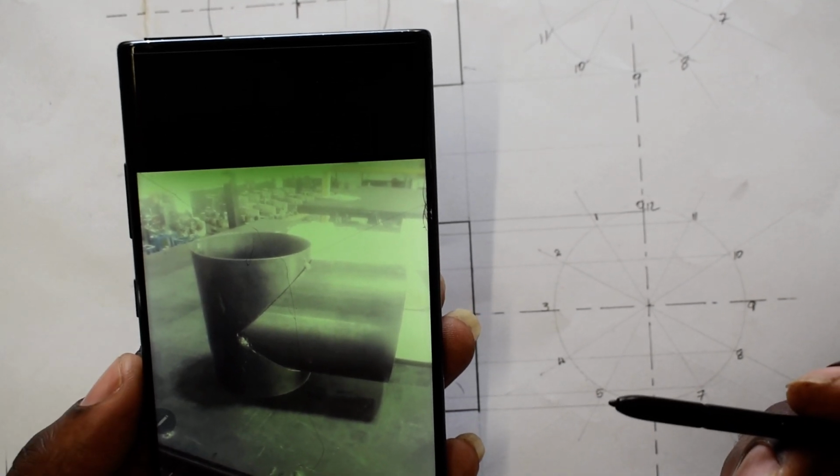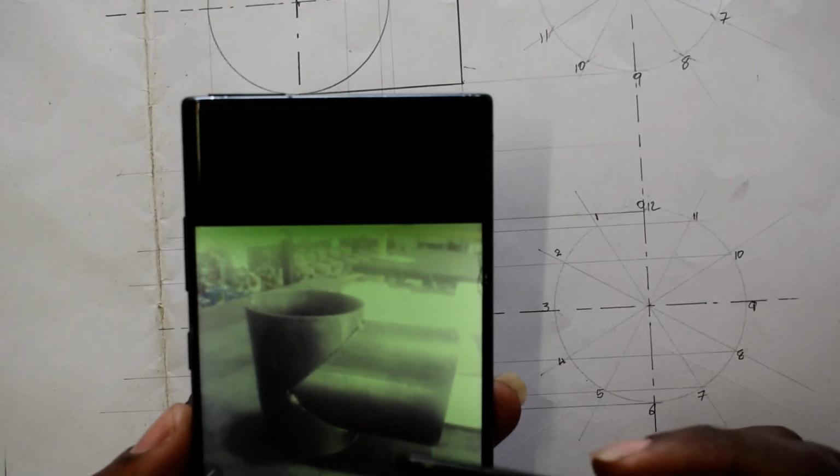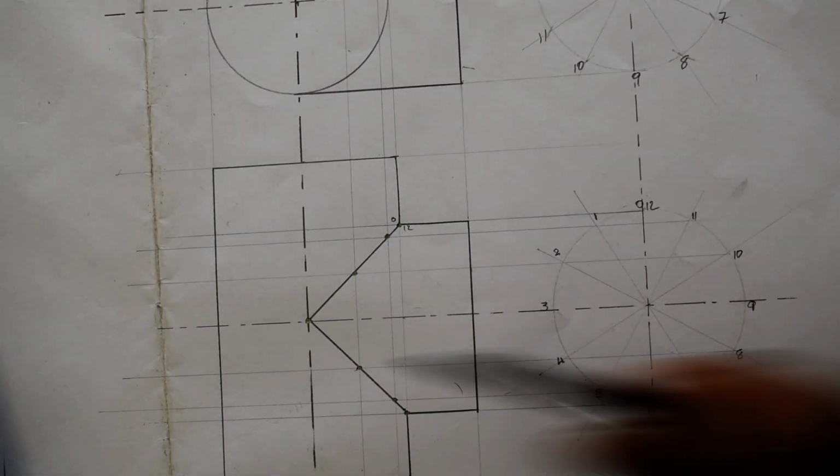You said I must use my own dimensions. So you must get something of this nature. You understand? Something of